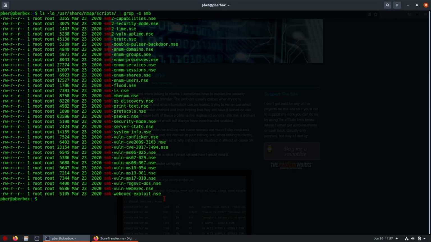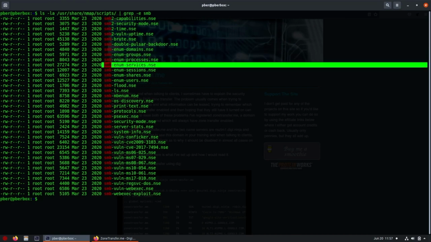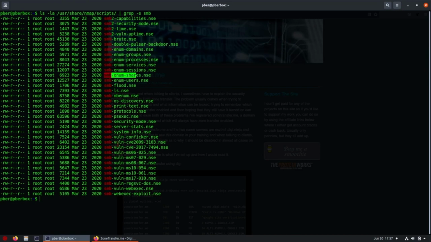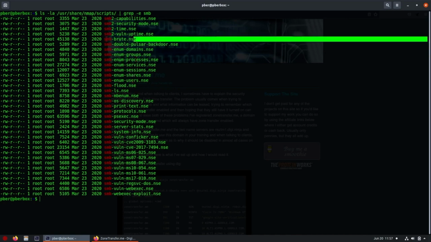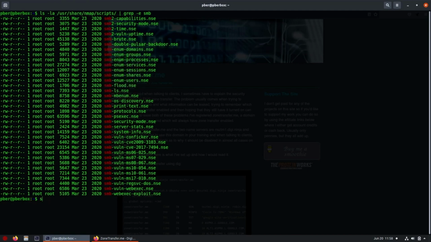Okay, so there are a lot of scripts. You can do enumeration of domains, groups, what services are there, what is shared, so you can do a lot, and even CVE numbers are there. You can even do brute force attacks on SMB if you don't have credentials. What we'll do is run a basic script to enumerate domains on Samba and see what happens. So, sudo nmap --script